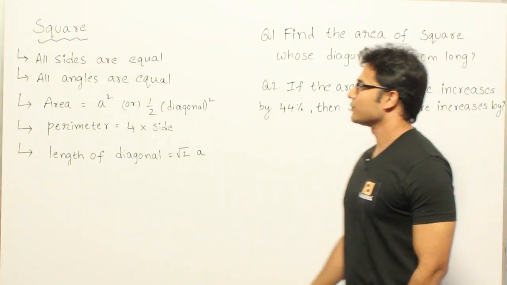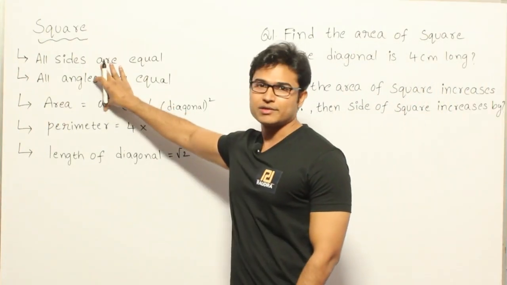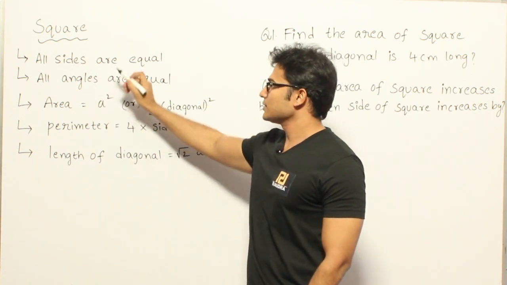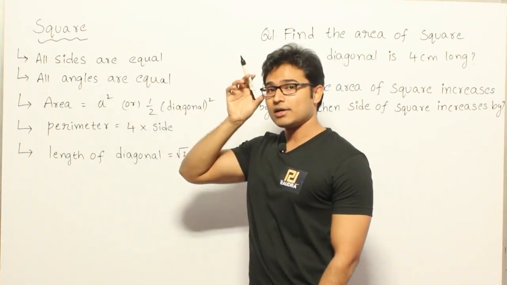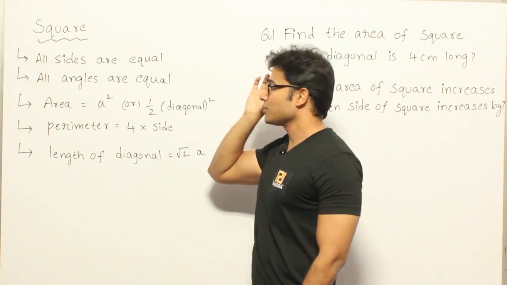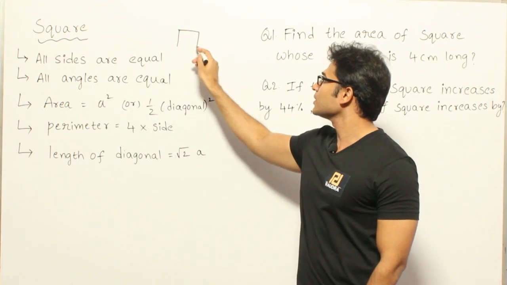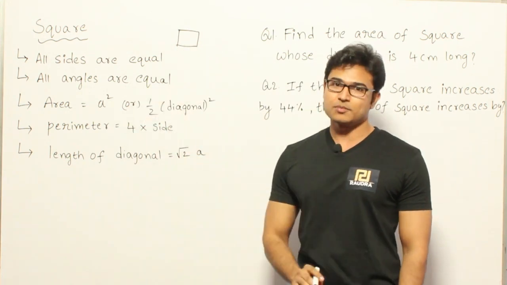Now let's see this about the squares. These are all the theoretical points, and then we shall solve the questions as well. So first one is, a square is a quadrilateral in which all sides are equal. Okay, so first thing is all the sides should be equal, and also the second point is important, all the